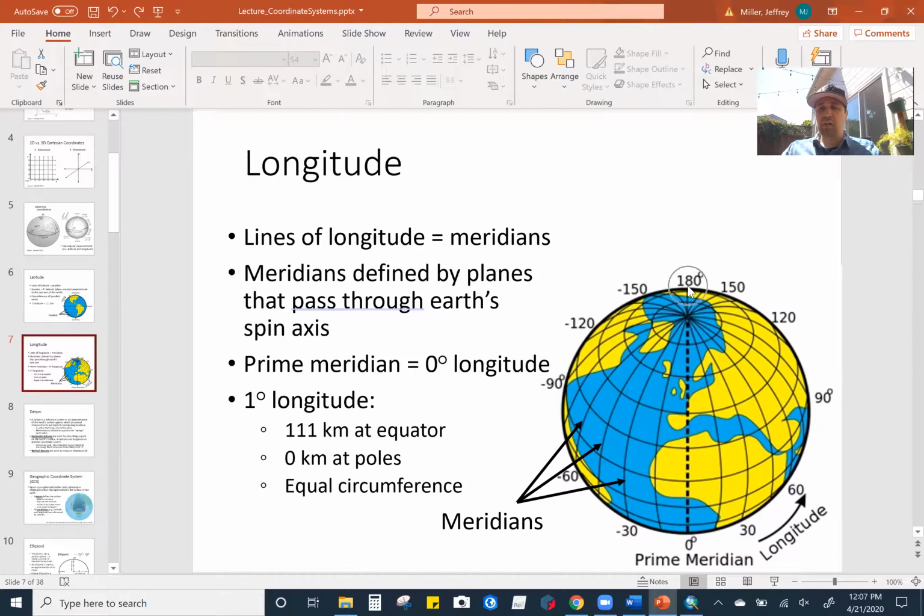On the other side is 180 degrees. So longitude is a little bit different than latitude in that sense. Longitude will go from 0 to 180, and then once you hit 180, it starts over again, or it goes backwards. So in that case, if we were going from England eastwards or along Asia like this, 180 is actually, and that's called the international date line, by the way. 180 is right along the Pacific Ocean. And so if we crossed 180 going this direction like this, kind of counterclockwise, what's going to happen is instead